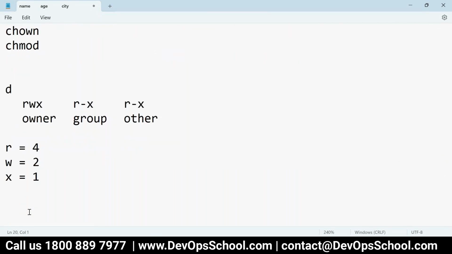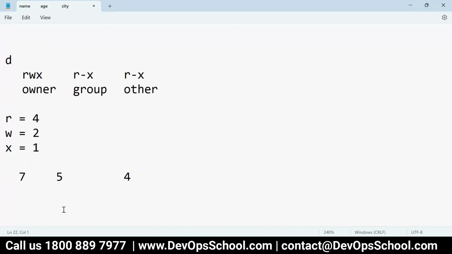In that case, owner has permission 7, group has 5, and others have 5, correct? So that means this is a permission table.